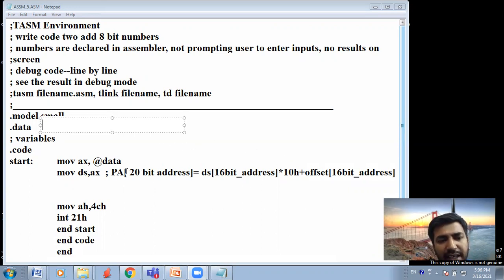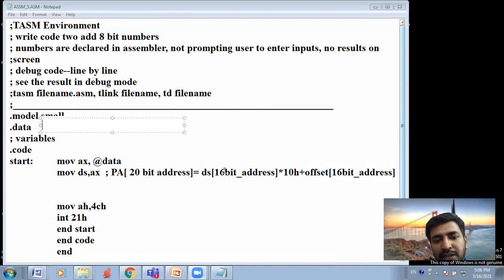But I'll tell you that everything can be located using a 20-bit address, but as you know, 8086 contains a 16-bit address only. So the 16-bit address is converted into a 20-bit address by this formula, where the data segment holds the upper four nibbles.